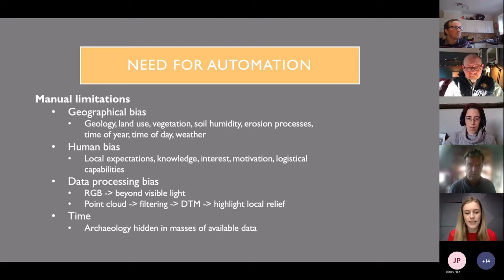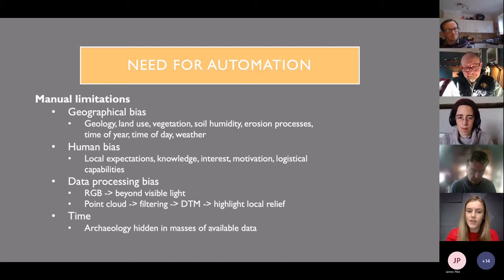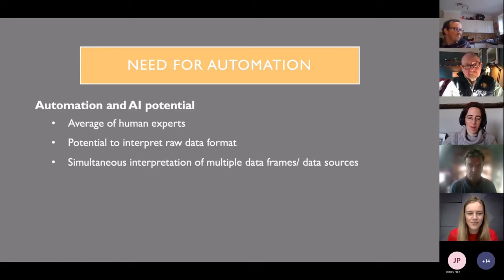And then finally is of course the time aspect. There's so much data out there, and potentially even with all the data that we already have today, with all the satellite imagery data that is being captured, maybe there is so much archaeology in there that we just don't know about because we don't have time to look at it all. So a computer could work tirelessly through the night, through the weekend, and not get bored over lunchtime, and it just keeps going at the same rate with everything.